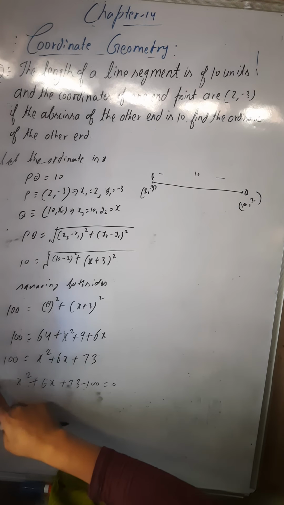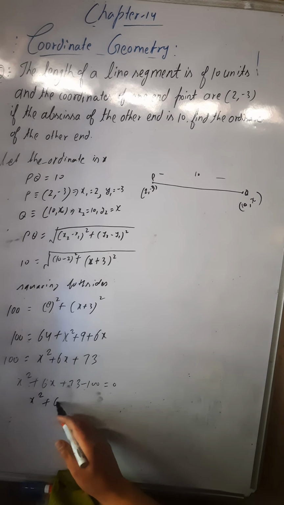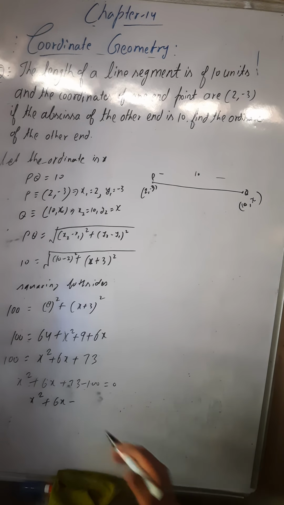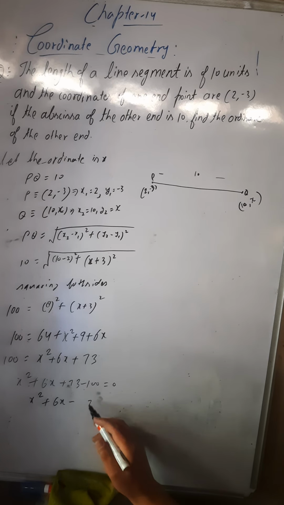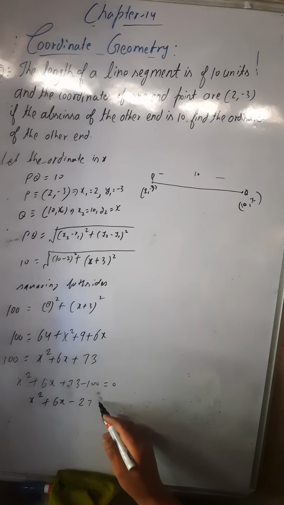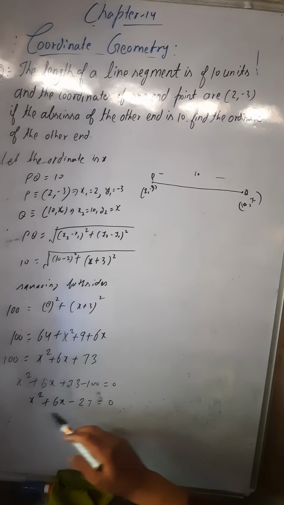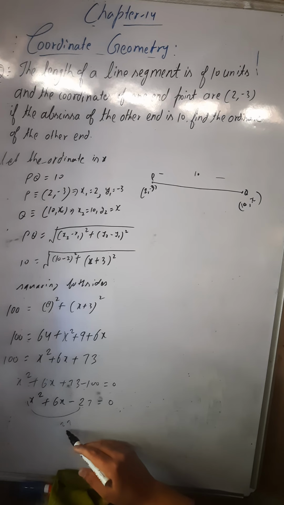You can write this on this side or that side, whatever you want. So it will become x square plus 6x, and 100 minus 73, with the sign of the negative one. So it will be minus, 100 minus 73 will be how much? Can you subtract this? 10 minus 3 is 7, 9 minus 7 is 2. It will be 27 equals 0. Now by factorizing, using the factorization method, you can factorize this. Here it is 1, so factors of 27. You need two factors of 27 so that their sum is 6.